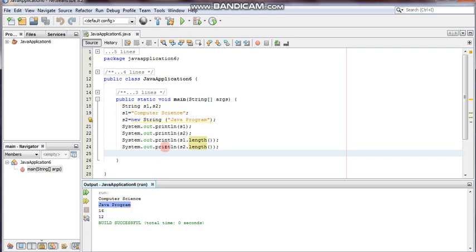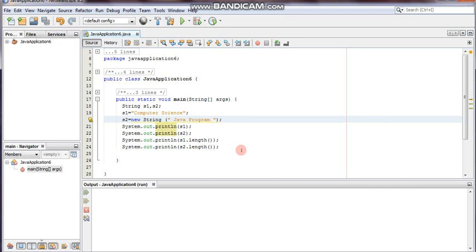So it means as many gaps as you provide before or after the string, or in between the string, will also be counted. Okay students, just check, I am giving one more gap here and one more gap here. Now check how much the output will be. It will become 14, as it was 12 before, and I added 2 spaces in the beginning and 1 at the end. So 14 is the output.